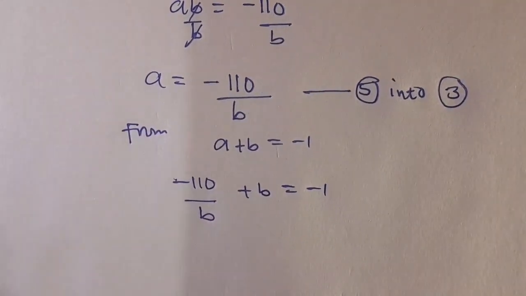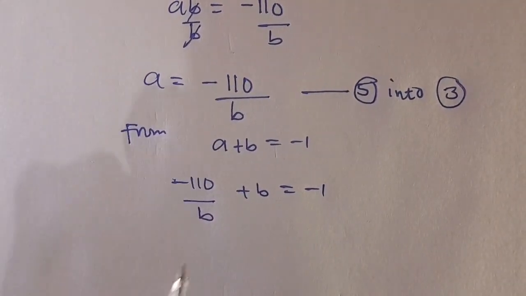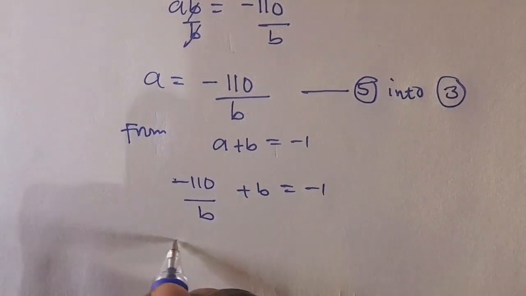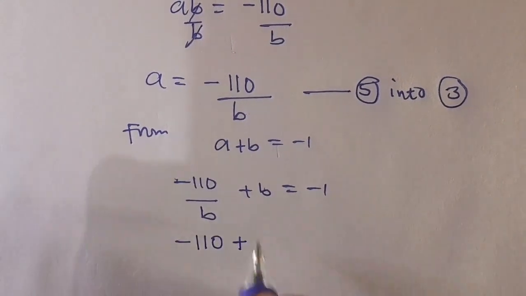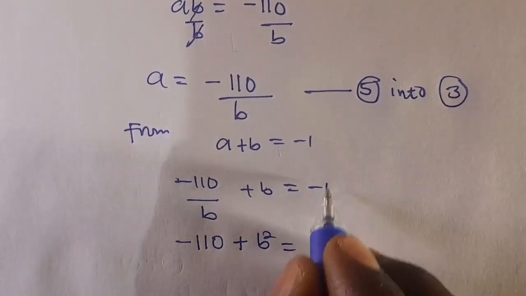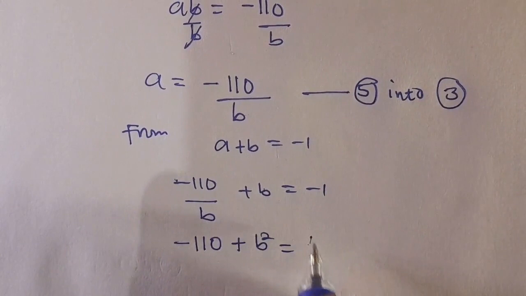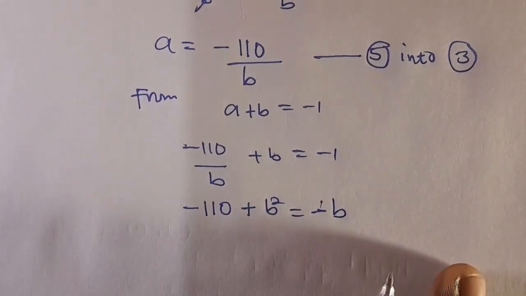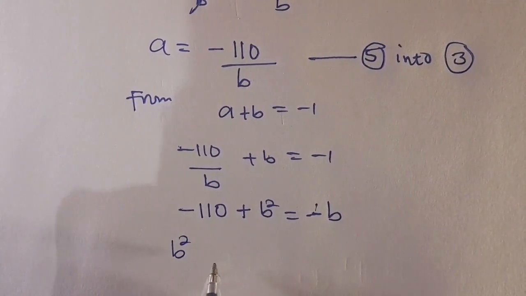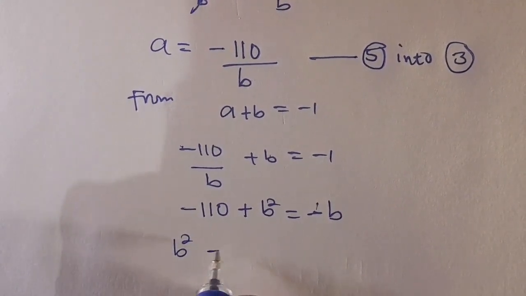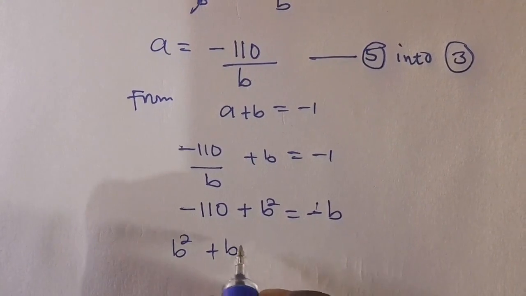Then let us multiply through by b. So when you multiply this one by b to cancel this, we have 0, plus b times b will give us b squared. And this one will now be b times minus 1, which gives us minus b. So obviously from here we have b squared plus b minus